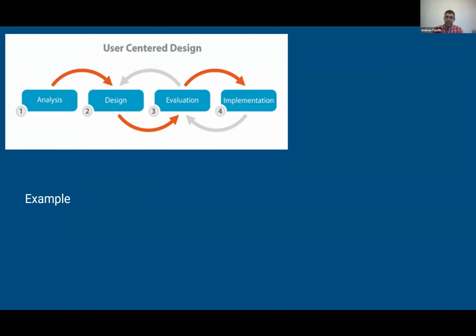But user-centered design is a little bit different in that it says there are these different parts, but as soon as you're in one stage, you're always looking back, and you're always willing to revisit some of those prior stages. So even though you say, okay, tomorrow is our implementation day, you're always willing to say, hey, we got some additional user feedback, and now we need to rethink some of our approaches and our design. So it's very iterative, very circular, and you're always going back to the drawing board.